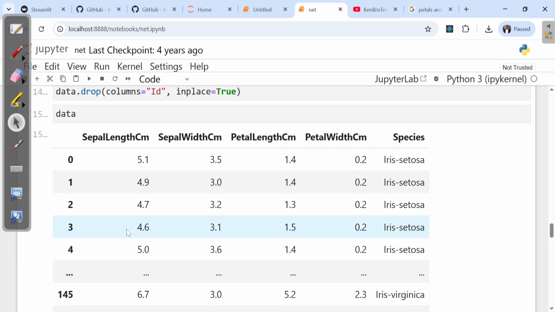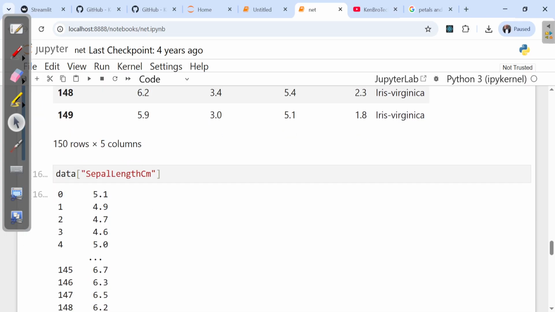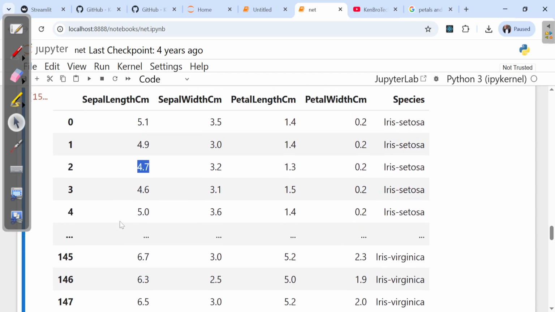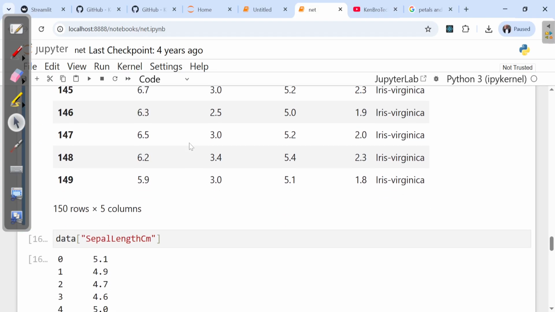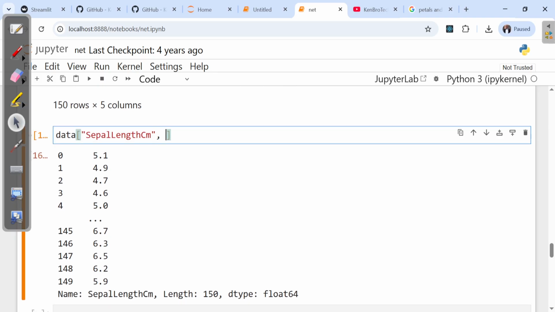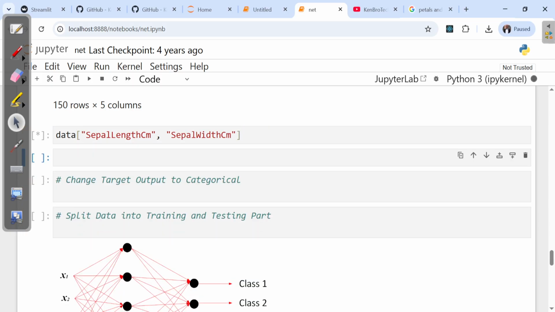And then we can actually verify this. So the first one is 5.1, 4.9, and then 4.7, and then we see 5.1, 4.9, 4.7. All right. What about if I want to slice maybe 2? Okay, so the sepal length and then the sepal width. So let me copy this, and then let me do a comma, and also put this over here. But then there's going to be a little issue. So when I run this,